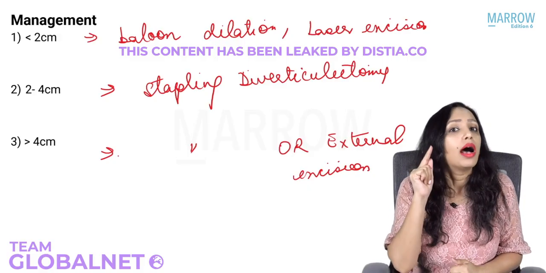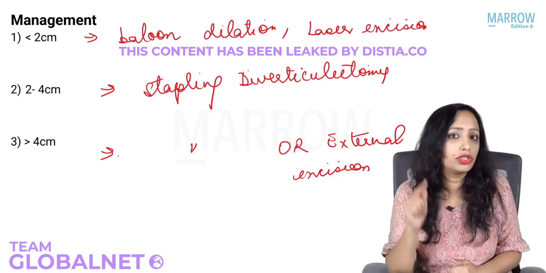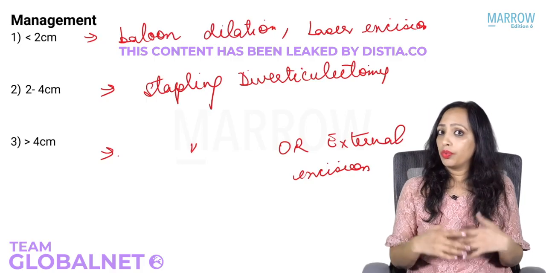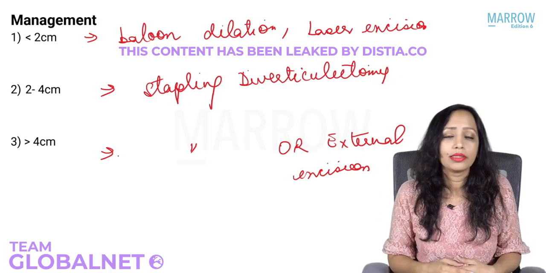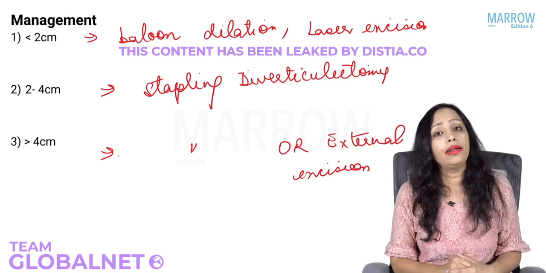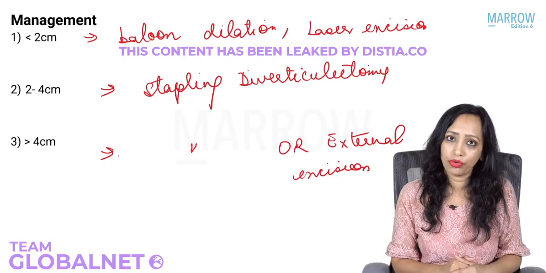So that is the upper branch of the vagus. That is the superior laryngeal branch, the internal laryngeal nerve. Okay, so in between the thyroid and the cricopharyngeus part of the inferior constrictor, what is that gap known as? Yes, that is Killian's dehiscence. And what is the diverticulum that arises from there known as? That is Zenker's diverticulum.